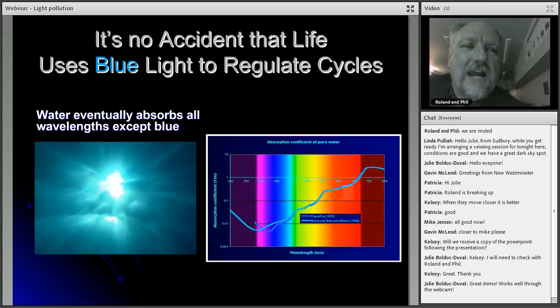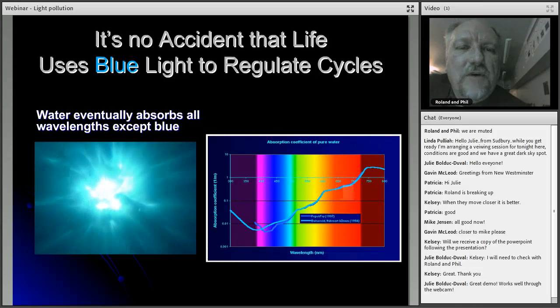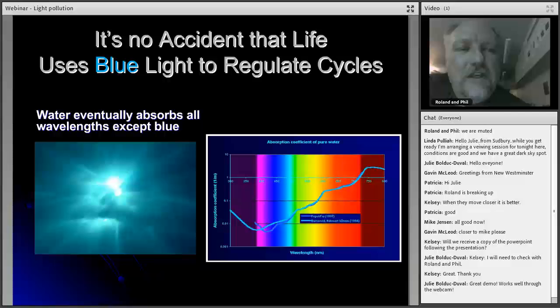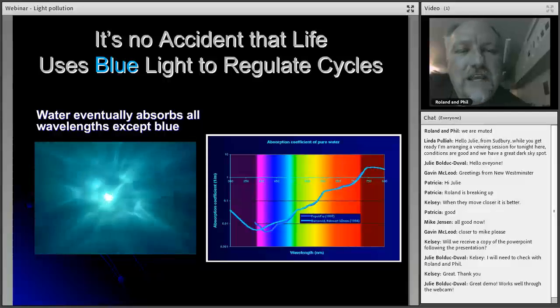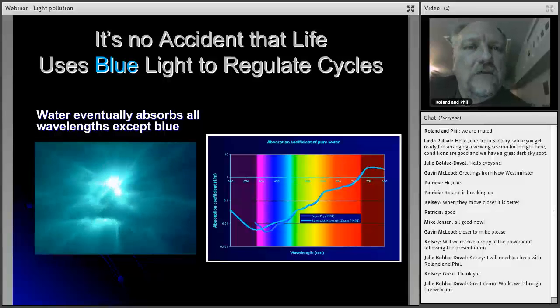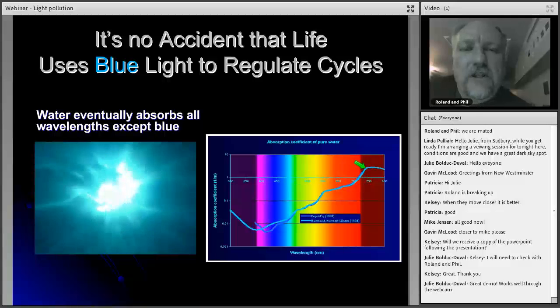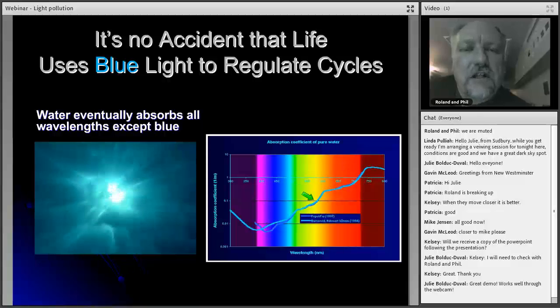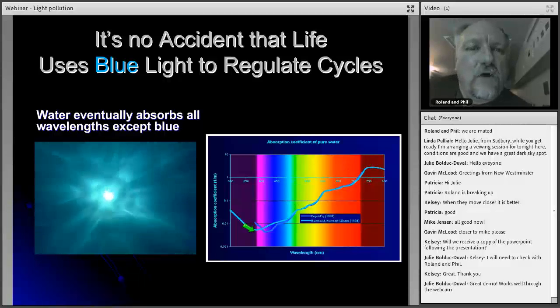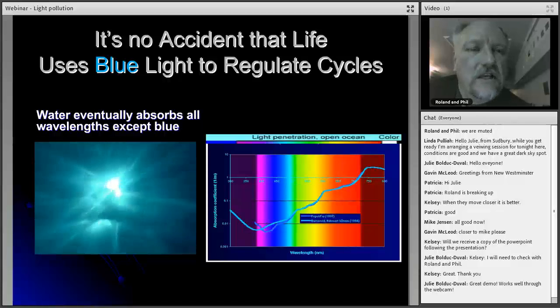And I don't think it's an accident life uses blue light to regulate cycles. When you think about water, you think about kind of a bluish color to it. And that's because it's absorbing more of the red end of the spectrum than the blue end. So if you look at the spectrum here, it's got a high ability to absorb the red colors, less and less ability to absorb colors over and towards the violet end down here. And what this means is that when we throw the solar spectrum onto this,